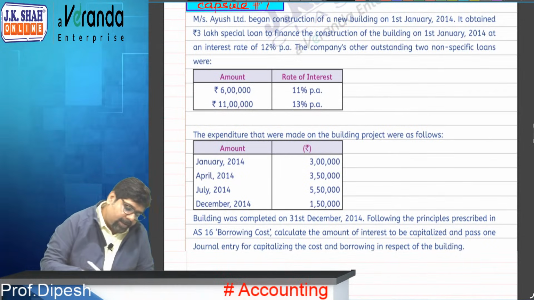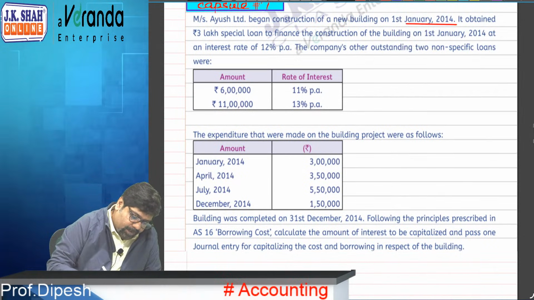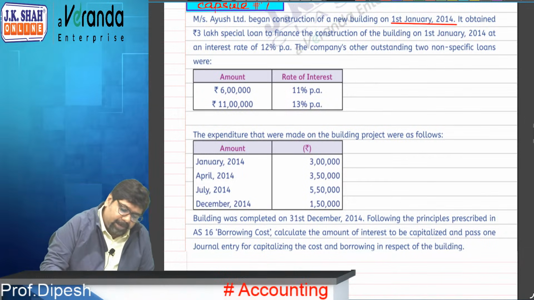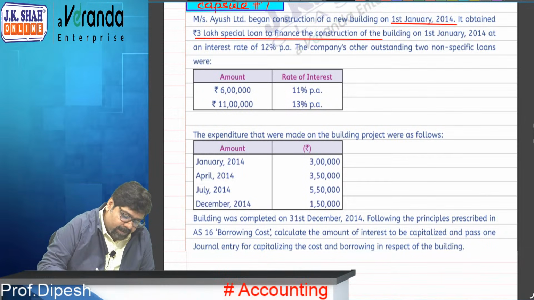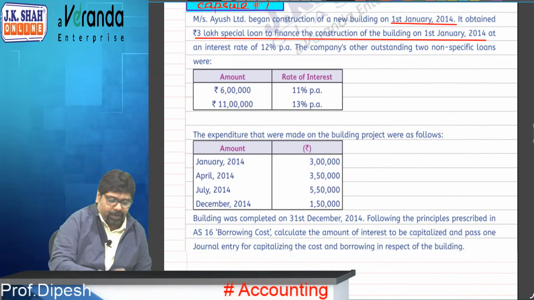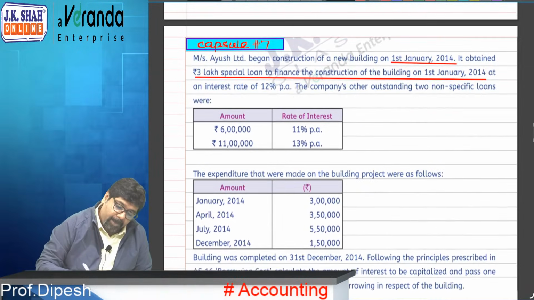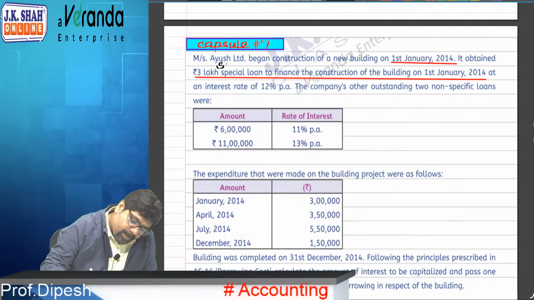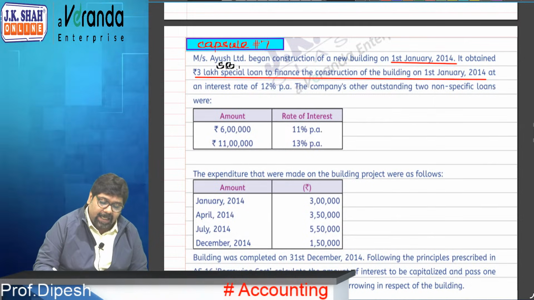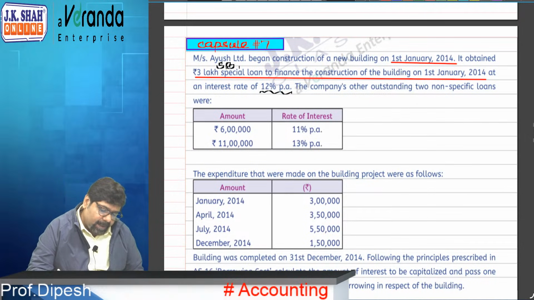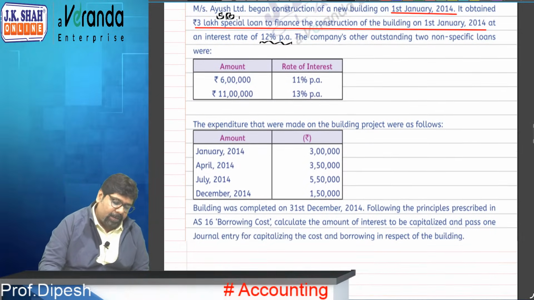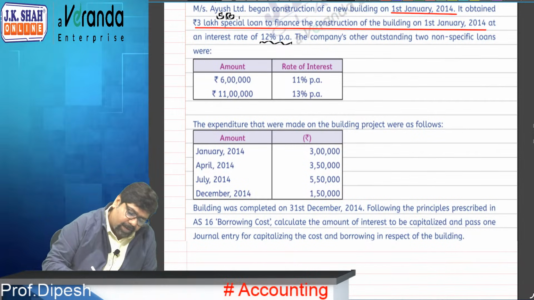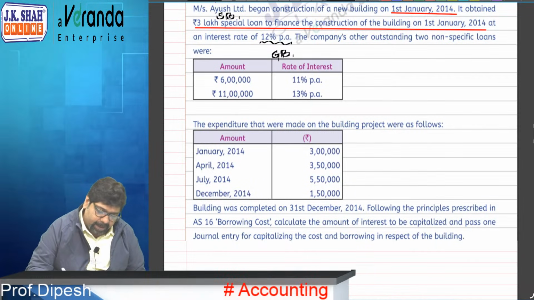Mr. Ayush started construction of building on 1st of January 2014. It obtained rupees 3 lakhs special loan to finance construction of the building on 1st January 2014. So 3 lakh is a specific borrowing, at interest of 12% per annum. The company's other outstanding two non-specific loans were general borrowings. Correct? The expenditures that were made: